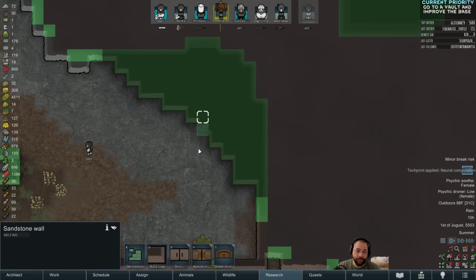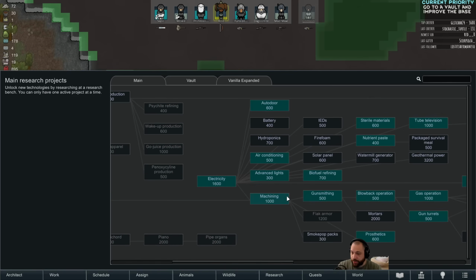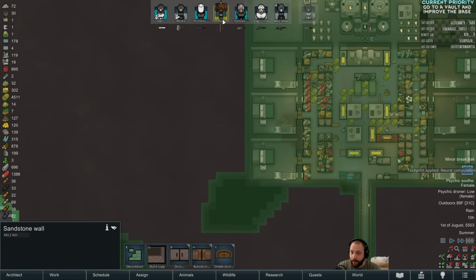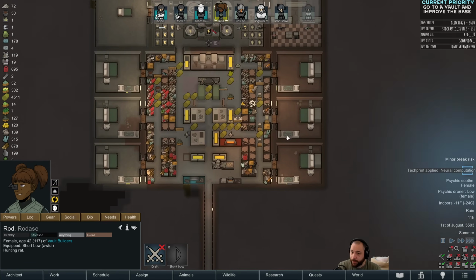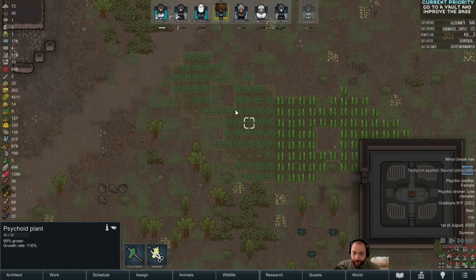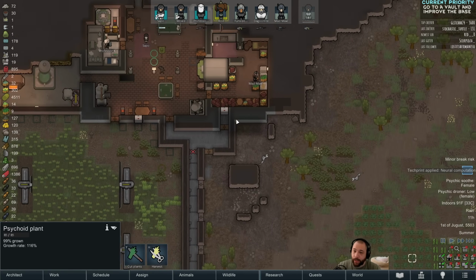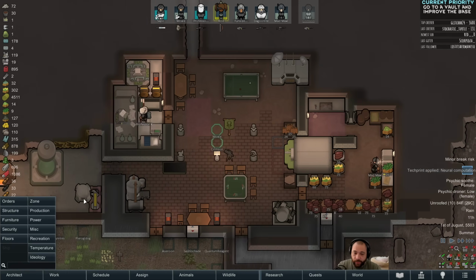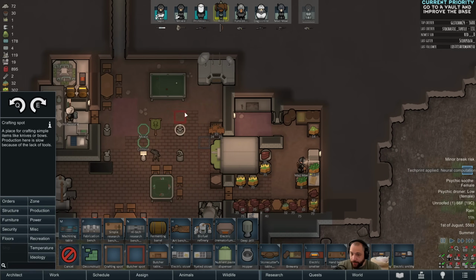So that's the last tile to fill in to block bugs. Precision rifling is done. Let's go with neural computation so we can get the learner assistant for Rod's lack of shooting skill. Looks like Psychoid's about to grow, and that's going to allow us to get more tea. The problem is, of course, Rod and Sappo shouldn't be drinking tea. So what I can do in a stopgap measure is,